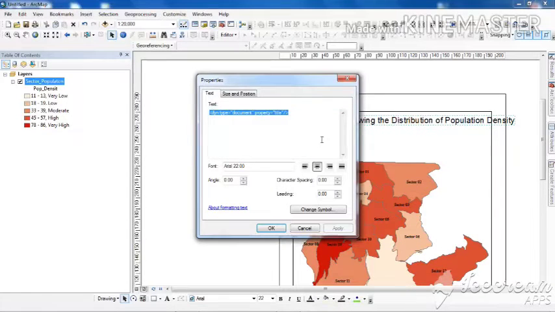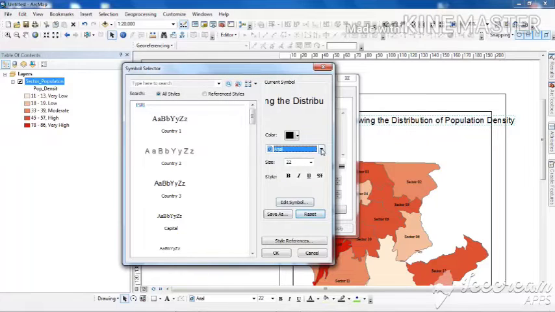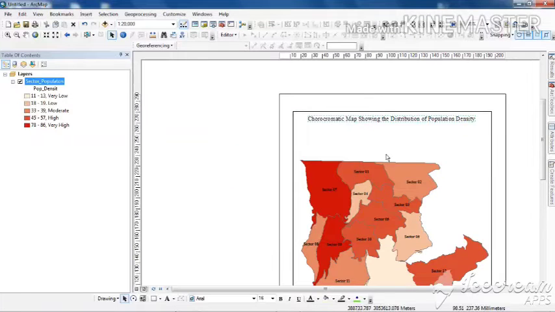After clicking, I will go to this change symbol. In the change symbol, as I told you, I prefer Times New Roman. I will go for that and select a font size of 16. I think that will be sufficient. Let's check. Yes, it is comparatively looking good.